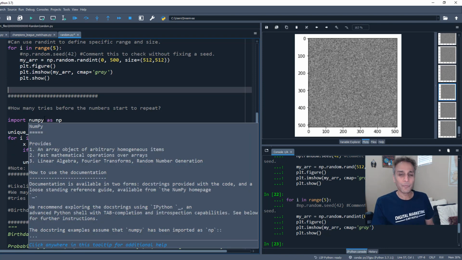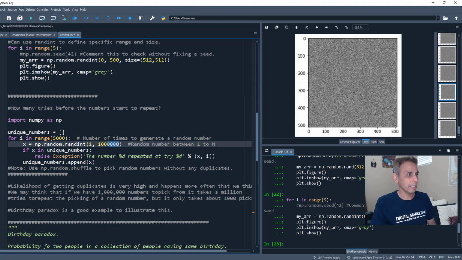Okay, let's start easy. If I have numbers between 1 to 100, and I'm randomly picking some numbers, unlike a lottery where when you pick the number, that number is not available for the next pick anymore. In this case, think of it as, okay, you pick a random number, you tell everyone, hey, this number is this, put the ball back, and then mix it, pick a random number, and you tell everyone, put the ball back. And after how many tries do you start to see some sort of a repetition of your numbers? That is the question.